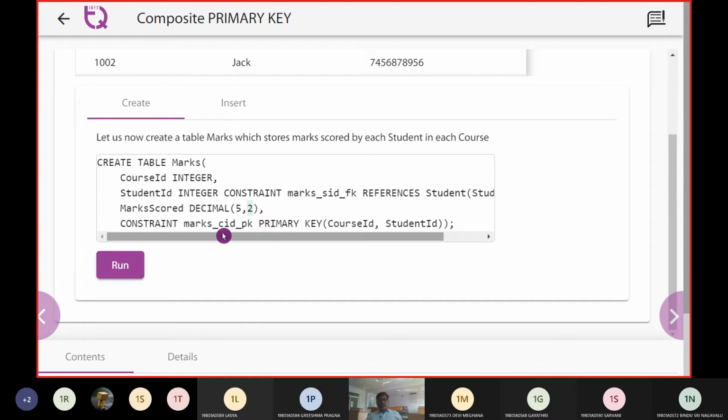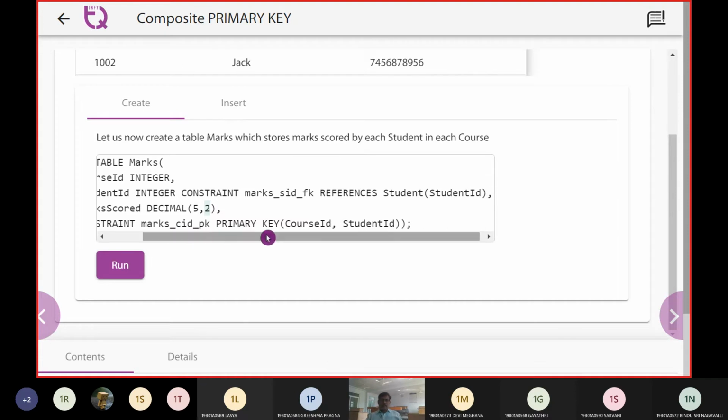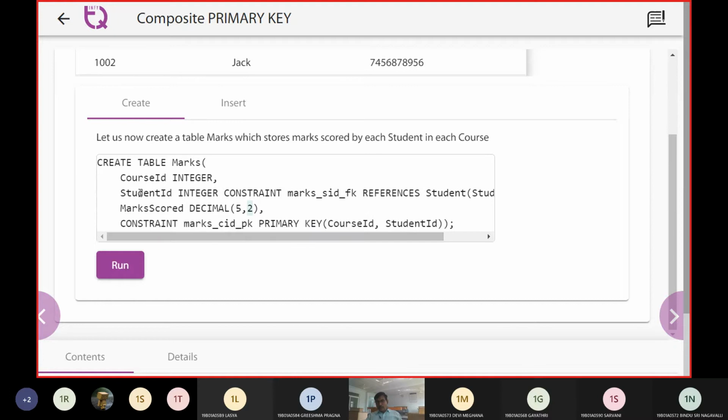Now we are going to have marks_cid_pk, the name of a constraint, which is the composition of what? It is going to have the course ID, which is taken from a previous table, and thereby a student ID, which it takes as a foreign key from another table.